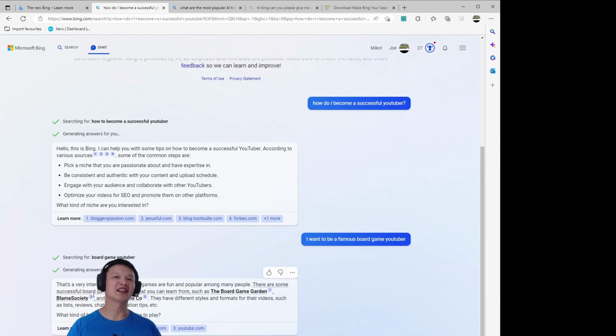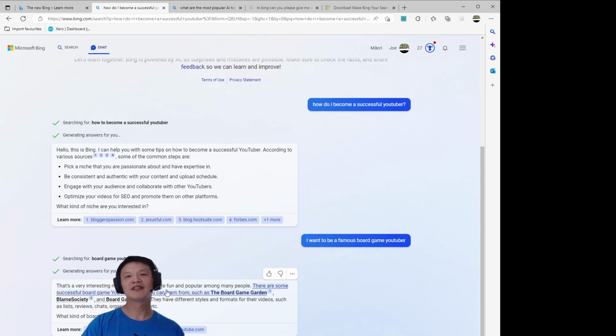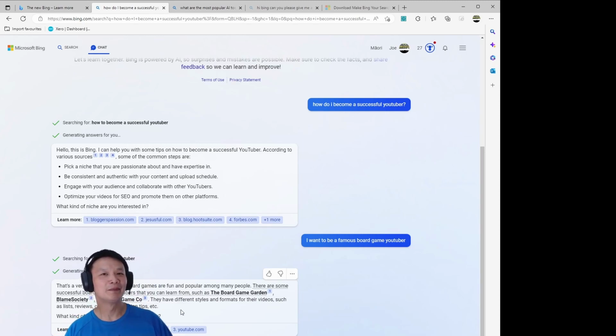It says, this is a very interesting niche. Board games are fun and popular among many people. There are some successful board game YouTubers, and again, I've moused over it. It's showing me a link to the Board Game Garden, Blame Society, Board Game Co. I might actually check some of these out. These look pretty interesting. I've never heard of them before. They have different styles and formats for their videos, such as lists, reviews, chats, tips, etc. What kind of board games do you play? So I can say